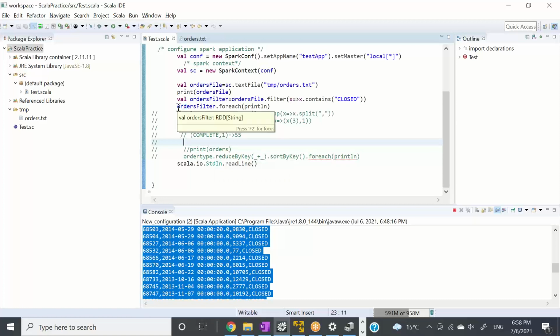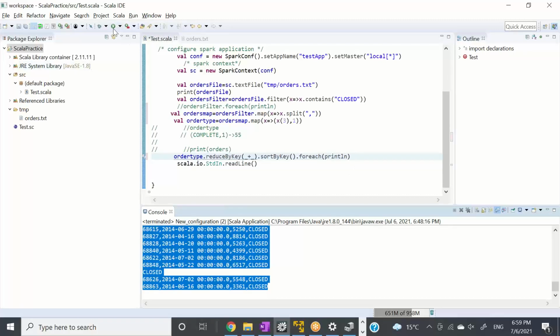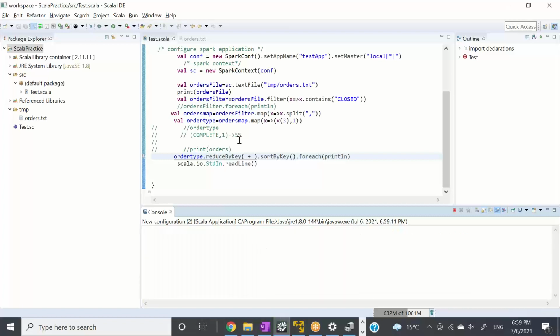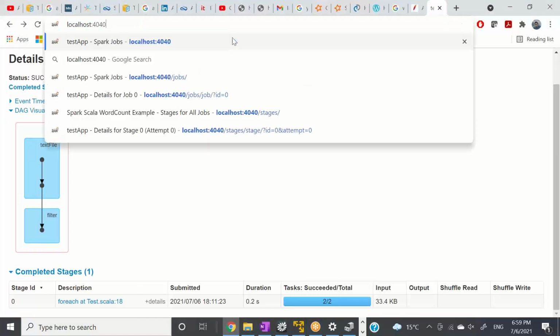So let's do this for each. In fact, and then let's do this. I'm just doing one thing, split, and let's do this thing, right? Let me stop this first and let me run it. So what I'm trying to do, I'm trying to run some, okay, and let's see. So we'll go here, we'll go for localhost 4040 again,